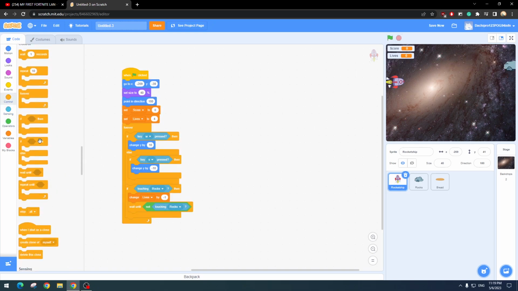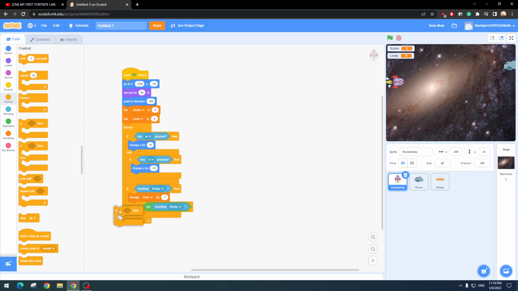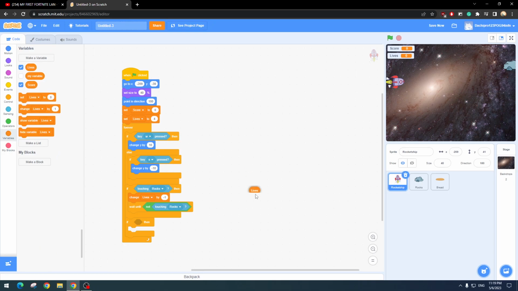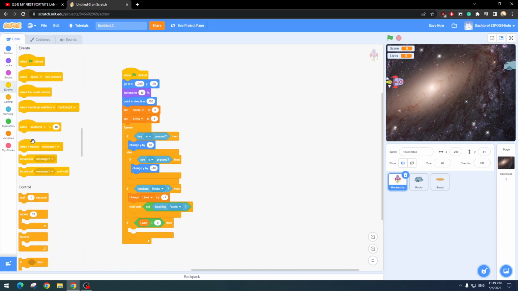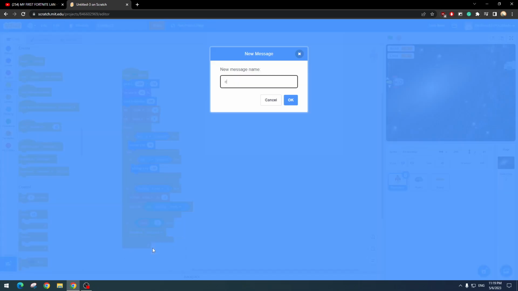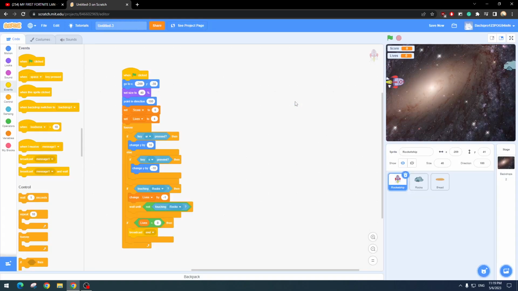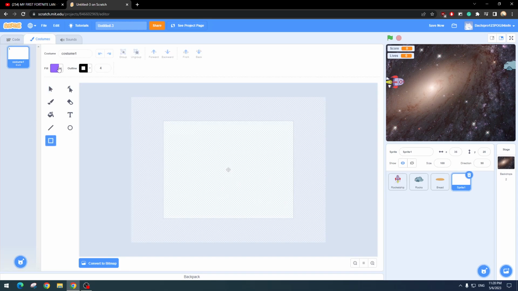So now we need to make another if statement. If lives, we need to take out the lives from here, are equal to 0, then we need to broadcast end game. So broadcast end. And then in end, what we can do is go ahead and paint a new sprite. Make it completely black,